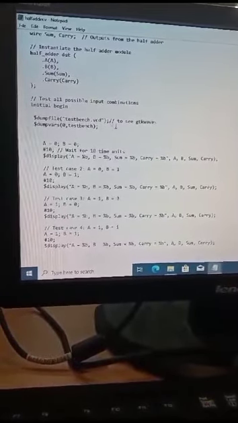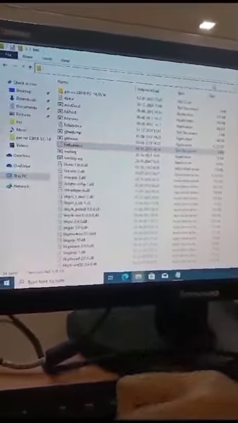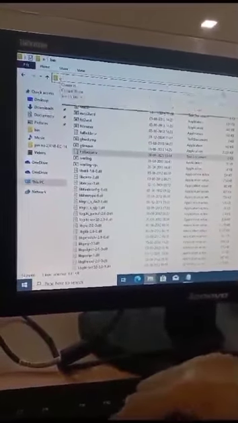Now let's go and see the output. Here we have to use the command prompt to see the output. This is the output where we can see our inputs' execution.